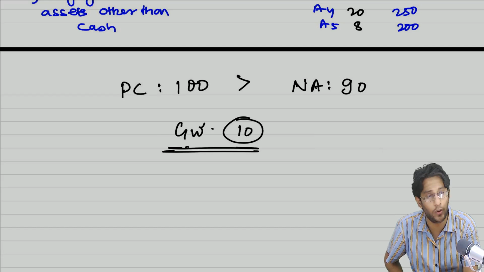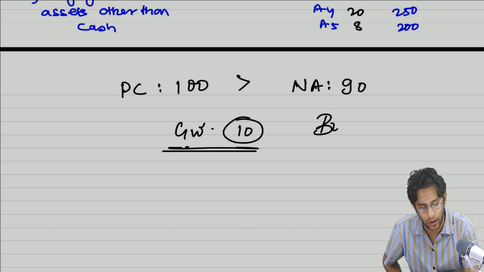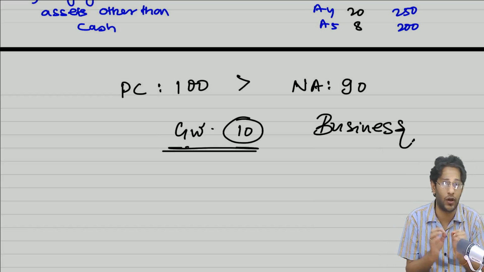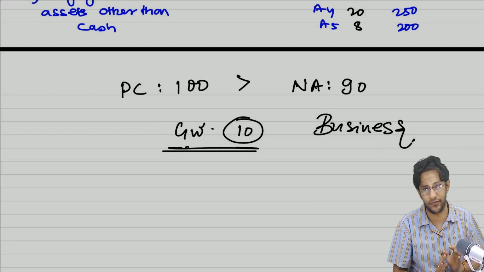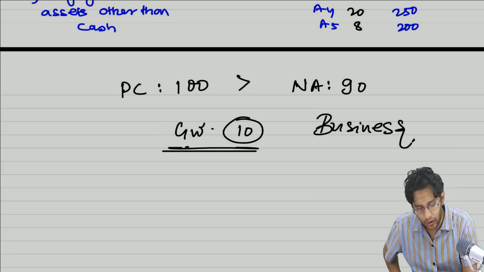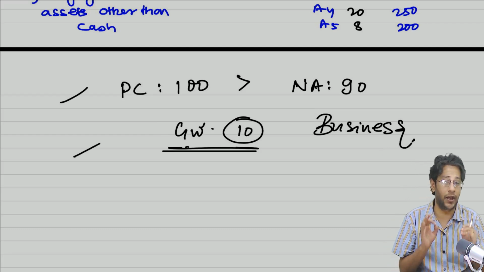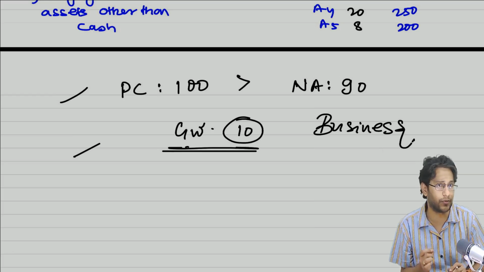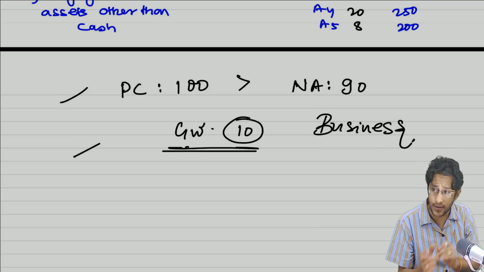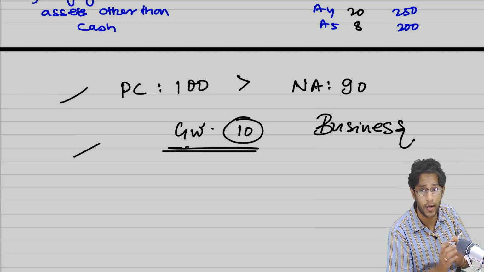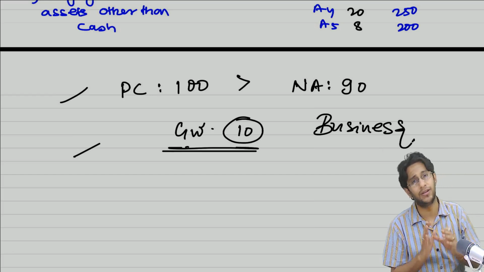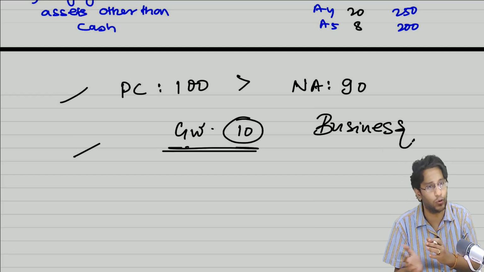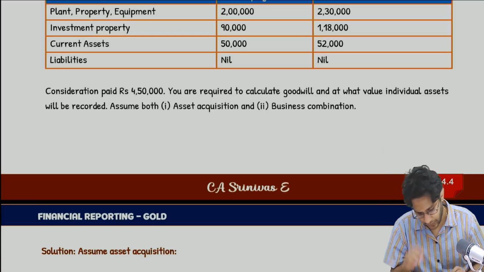You can create goodwill only if whatever you have acquired is a business. If what you acquired is not a business, you cannot create goodwill or capital reserve. So, in order to do this entire accounting, prima facie it is important that what you have acquired should be a business. If it is an asset acquisition and not a business acquisition, then this kind of goodwill creation is not permitted by IND AS 103. So that is the reason we have to go through all this process. Next, coming to